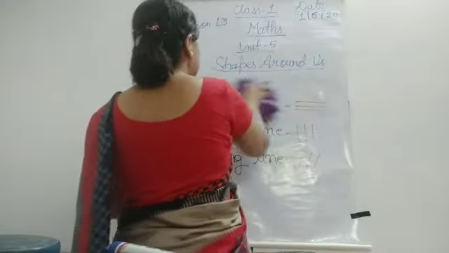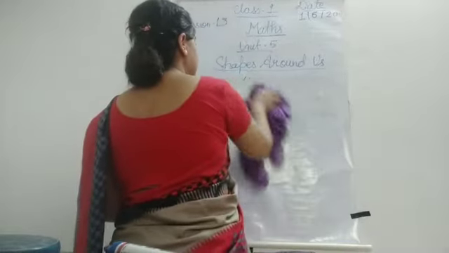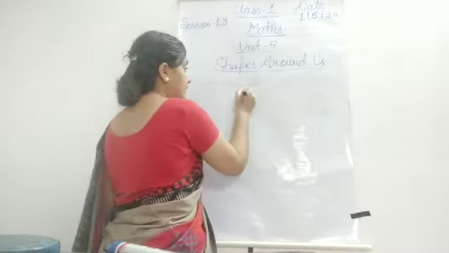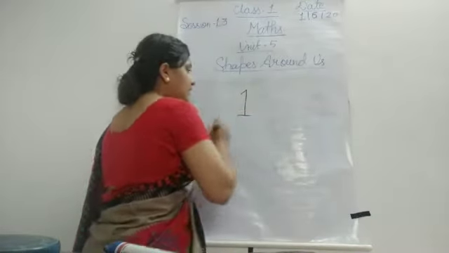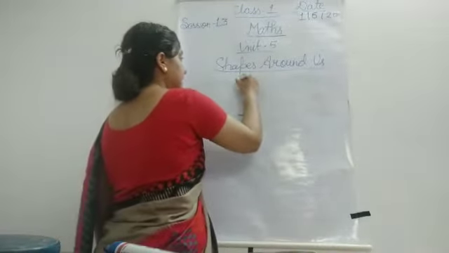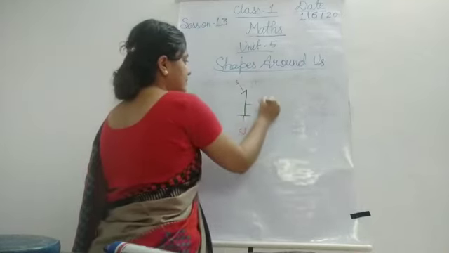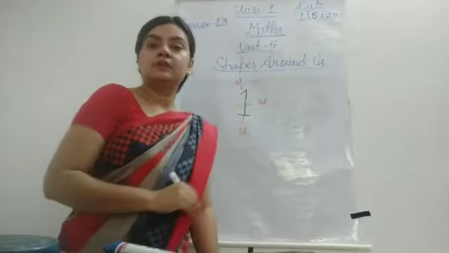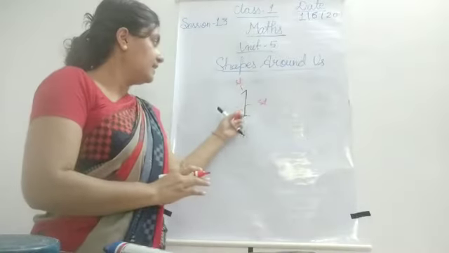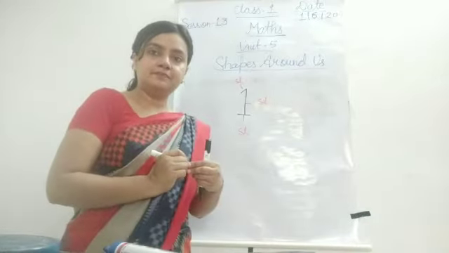You can take an example. As we are making one, no? In one, which type of line is there? As you can see, this is a slanting line, this is a standing line, and this is a sleeping line. In one, all 3 types of lines are there. Okay? I hope you are getting me.